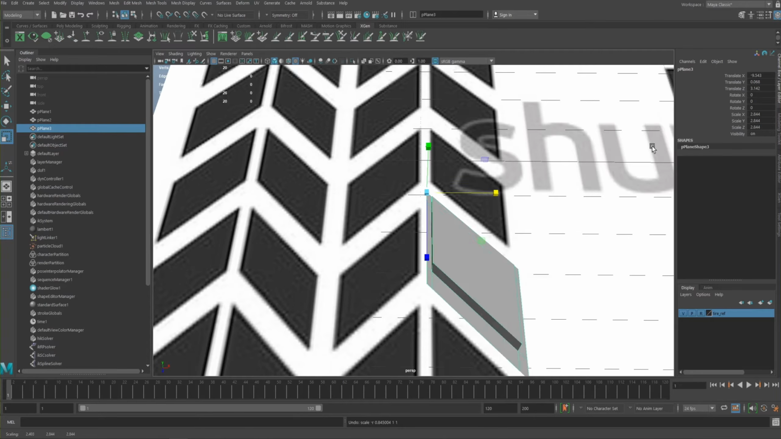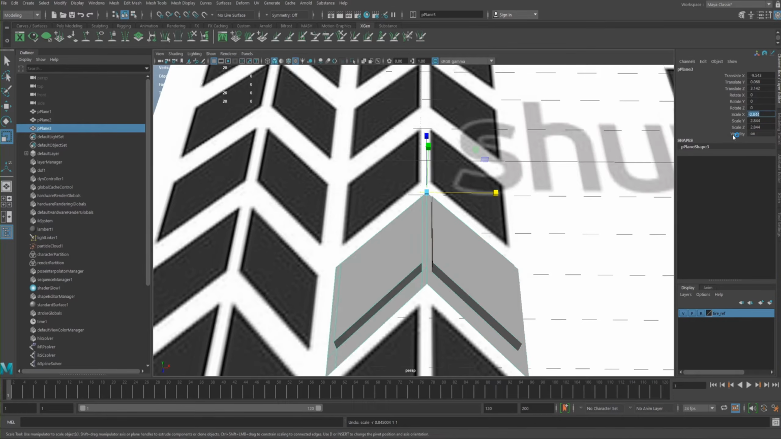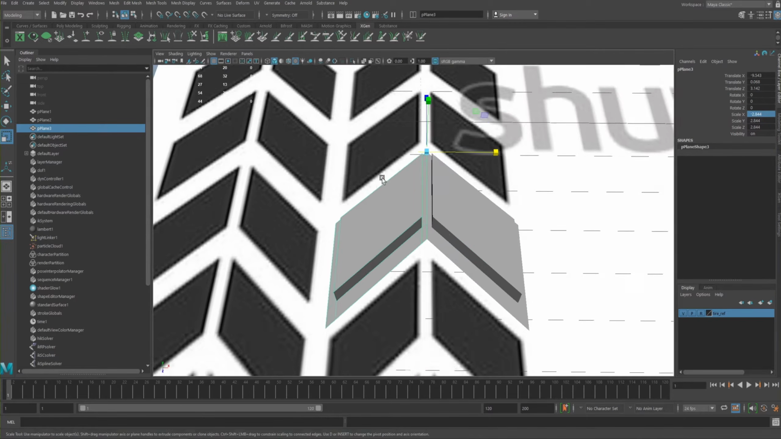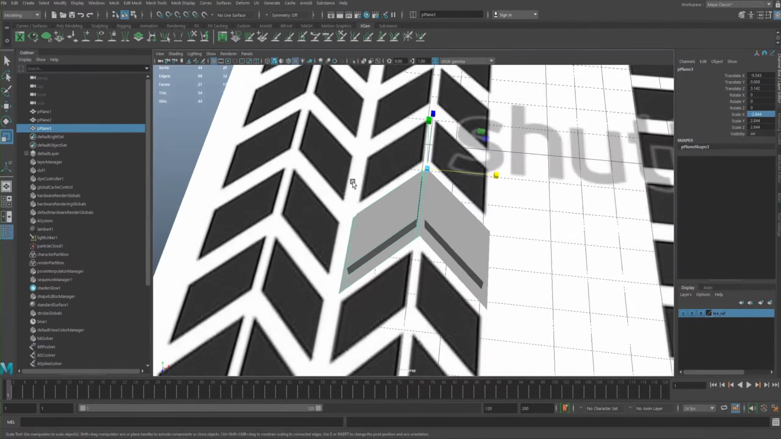Okay, so I need to flip it to the other side, so I know that's X. So rather than do it manually, I can just go to the scale X in the channel box and just put a minus there, so we get that. Okay, so now I've brought it across,